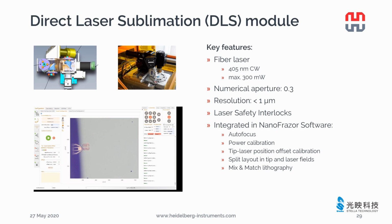After the patterning is finished, the written pattern moves to the position of the tip to continue with the tip patterning. The DLS is operated in the NanoFrazor software. The laser focuses automatically on the sample surface. Combining with NanoFrazor AFM imaging, we can calibrate the power automatically to achieve the best patterning result. The offset of the tip and laser position is calibrated automatically to ensure